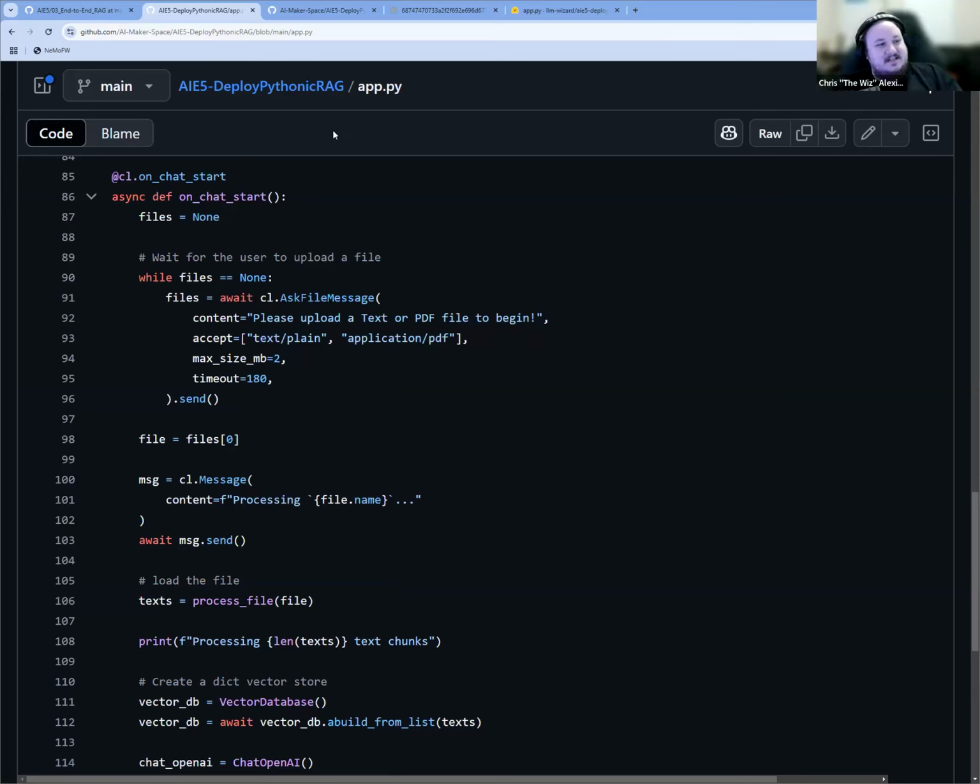Then we have this at cl.onChatStart. For those of you who understand all of what I've been talking about so far, that's great. I hope you're enjoying the re-exploration of these concepts. For those of you who don't, this is called a decorator. All it does is it decorates the function. We can think of a decorator as something like a function that wraps another function. And the reason decorators are so handy is that they have some kind of implementation that does a lot of fun things for us. So instead of having to interact with the front end or send messages or send events and listen for events and all this other stuff, we just wrap it with on chat start.